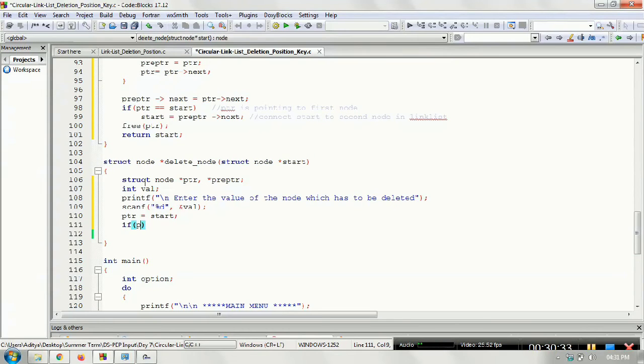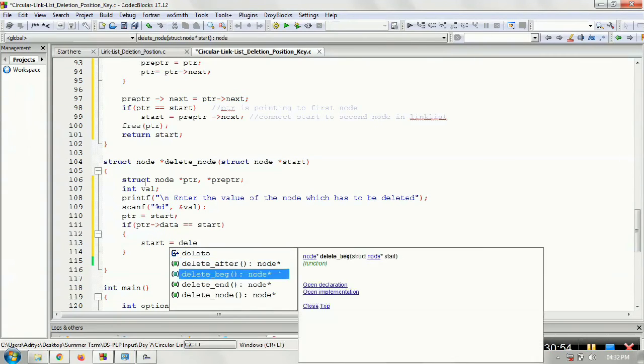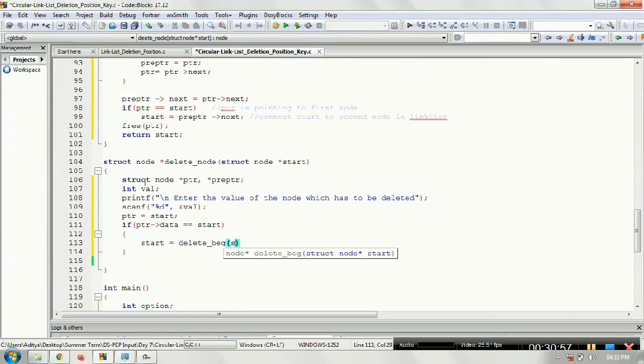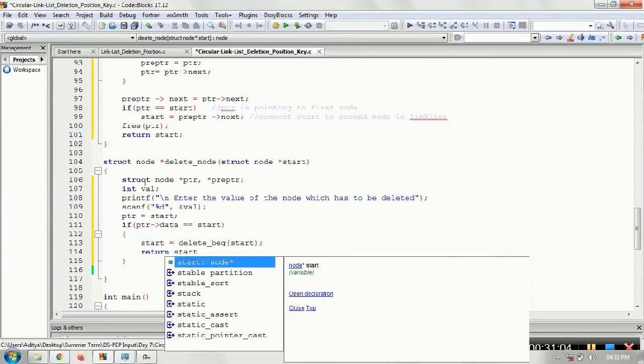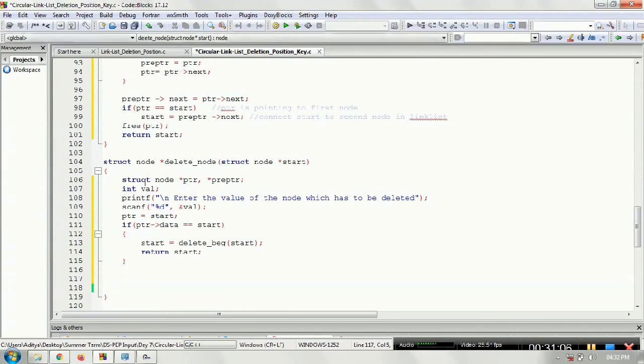Again the same thing. The PTR data is equal to start. What do we have to do? We'll call the delete beginning function and return directly from here. Otherwise, this is not the case. How can we perform further?